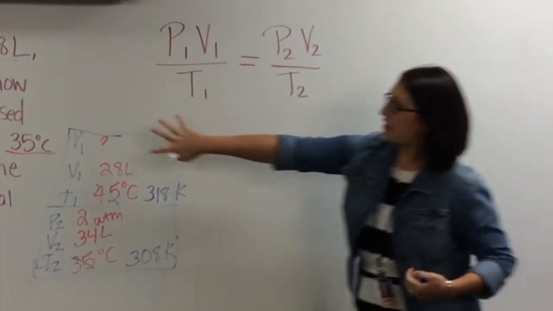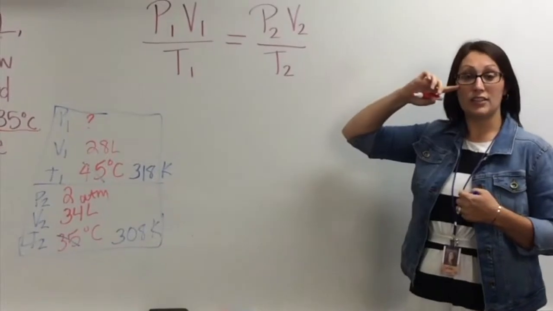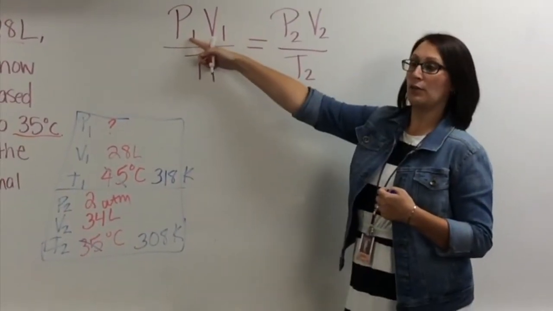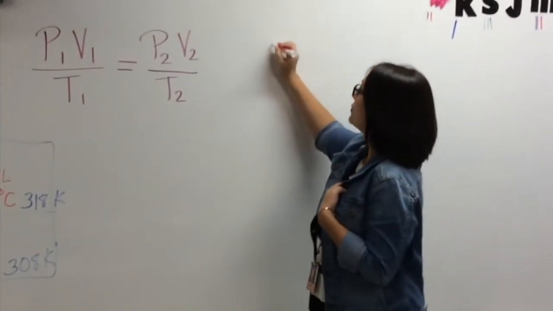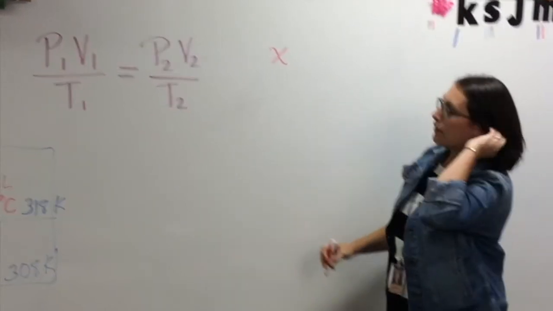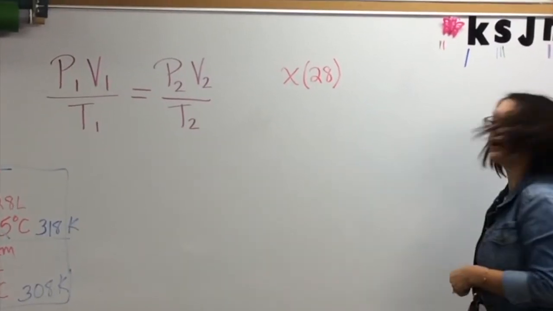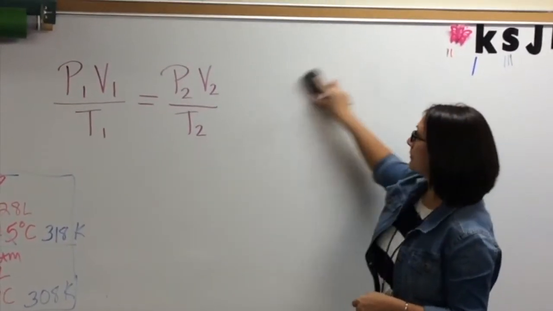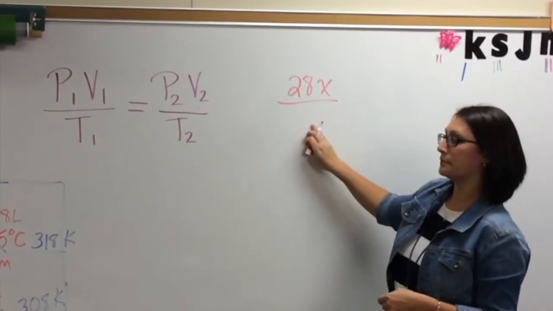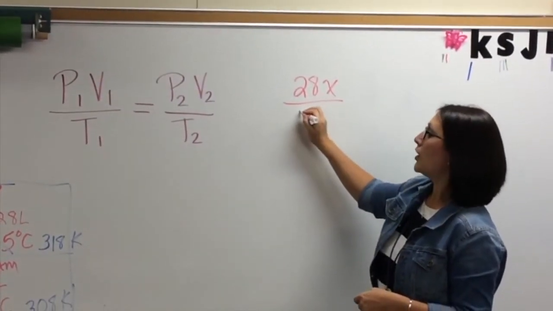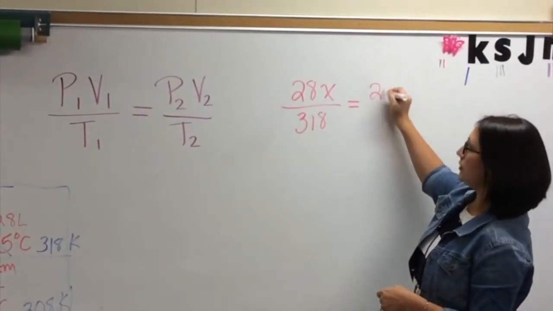You are taking these new measurements, calculations that we pulled from the problem, and all you are doing is plugging it into what you know. So we have no idea what P1 is, correct? Correct. That's our variable. Of course, me being an algebra teacher, I like to use a whopping X. Volume 1, 28. Except, I don't like writing it like this. What do I like writing it like? 28x over, what's our T1? 318 Kelvin. 318 equals 2 times